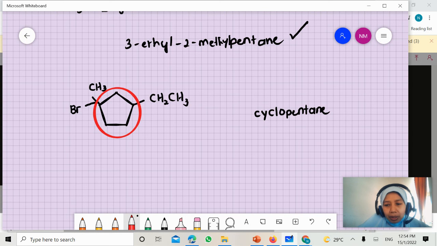Okay, how do we number our parent chain? Alright. Okay, you can start from any carbon, but remember, the aim is to give lowest possible number to the substituents or to the functional group. Okay, sekarang kita ada substituents lah. Remember, Br tu walaupun halogen, dialah functional group yang paling not reactive. Jadi kita always treat dia macam substituent sahaja. Right. Jadi, okay, we can start here. 1